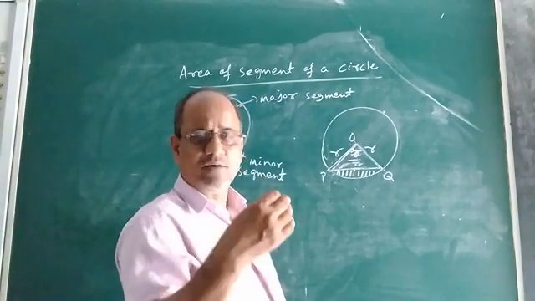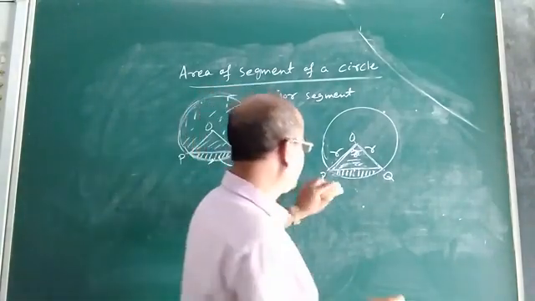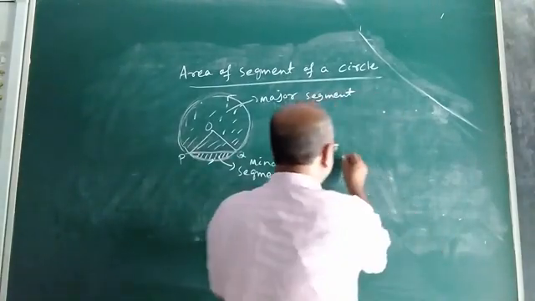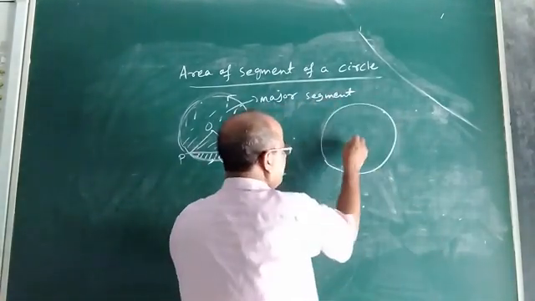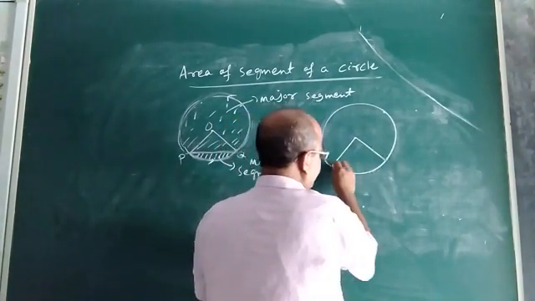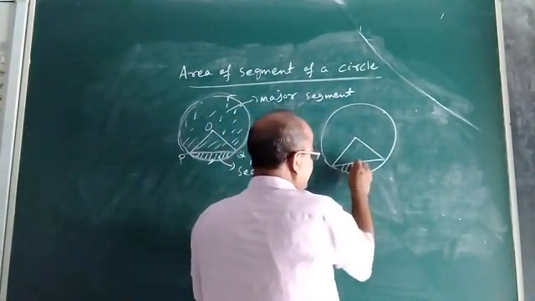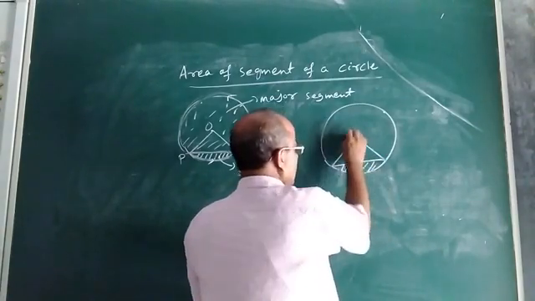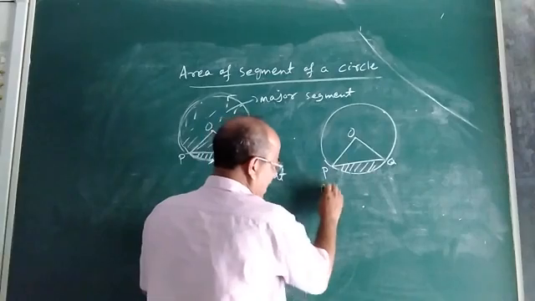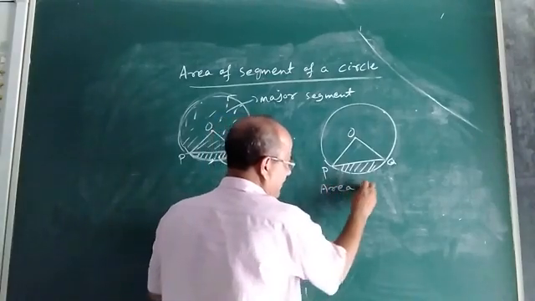That means the area of the segment, I am drawing the figure once again, the area of the minor segment, or you can say only segment. Here this is O, this is P, this is Q. So, area of segment